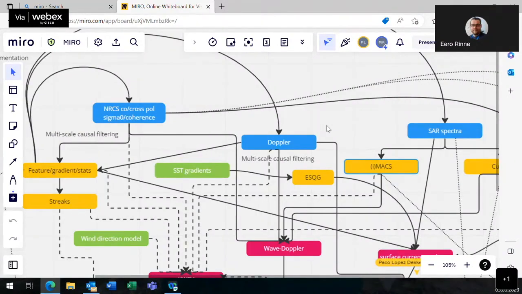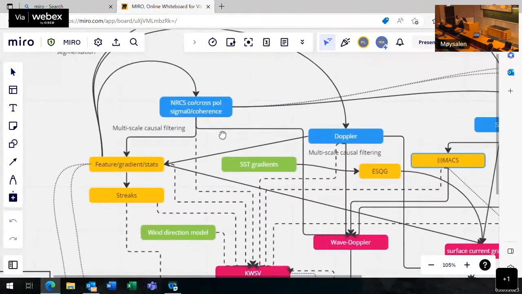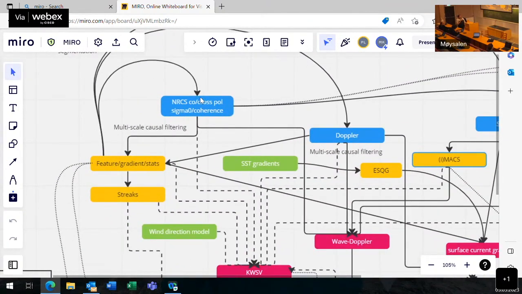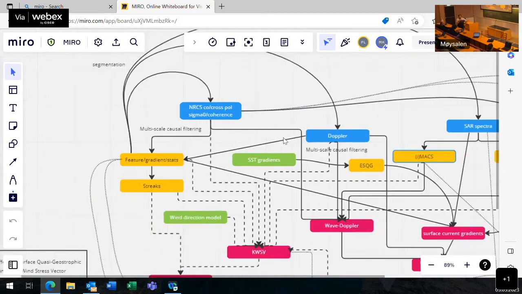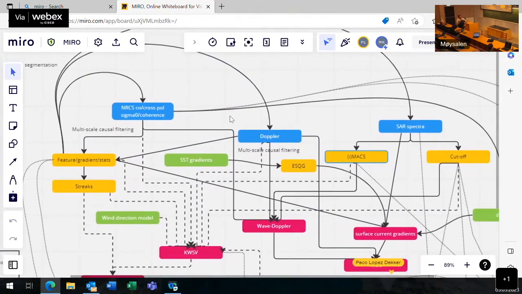The sigma naught and the coherence. Then it's the Doppler shift, the calibrated Doppler shift when we remove all the non-geophysical contribution, and the SAR cross spectra. And so in fact from these three parameters you see that it's not necessarily a direct connection to one of